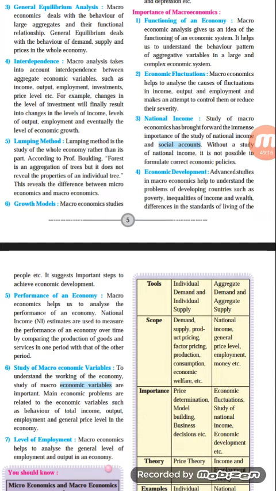If the changes occur in a positive manner, then obviously the factors are contributing in a better way. But if the changes occur in a negative manner, that is a negative change in the income of the people, in the output of a particular country, or in the level of employment of the country, then obviously there are problems. There are various factors which contribute to this kind of problem, and the people and the government will take measures to tackle such problems. For example,